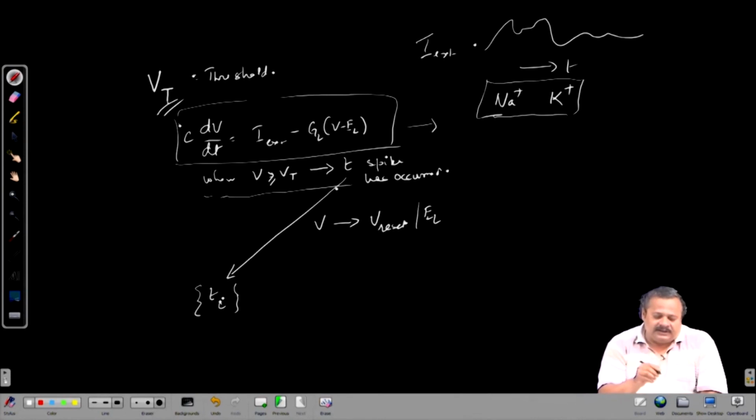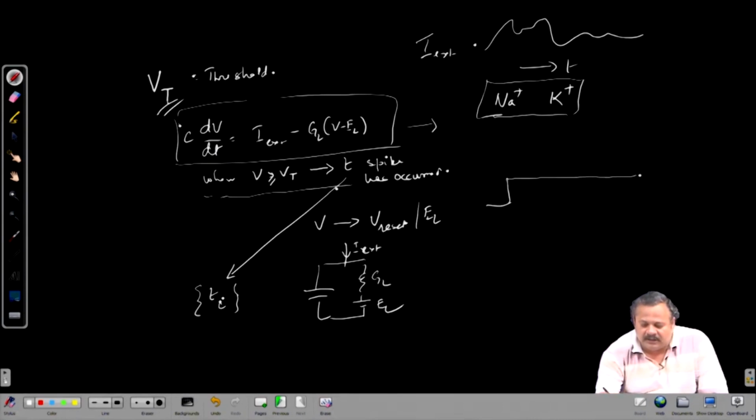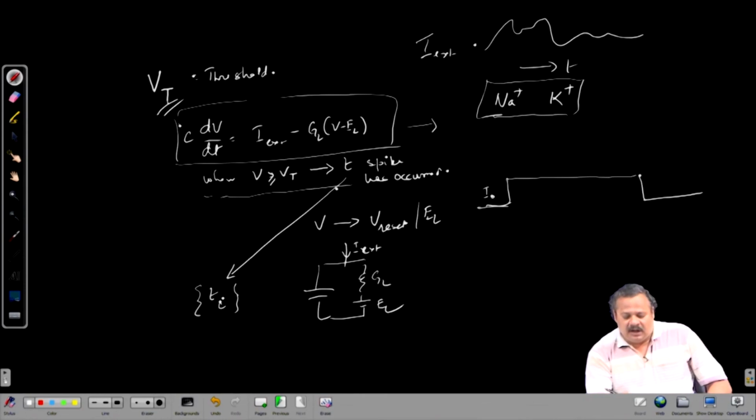For example, in this RC circuit that we had, this is the capacitor and this is the G leak and this is the E leak and the I external. If we have a constant current injection like so that we had described, I naught,